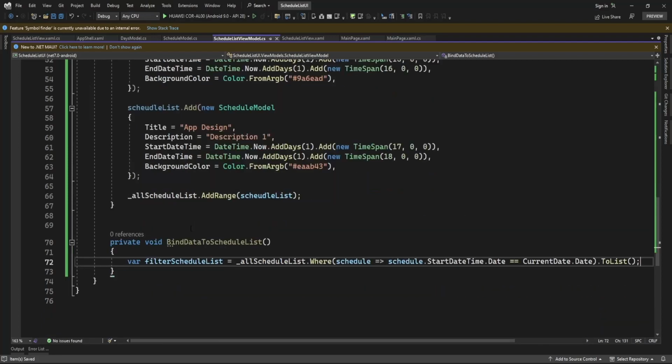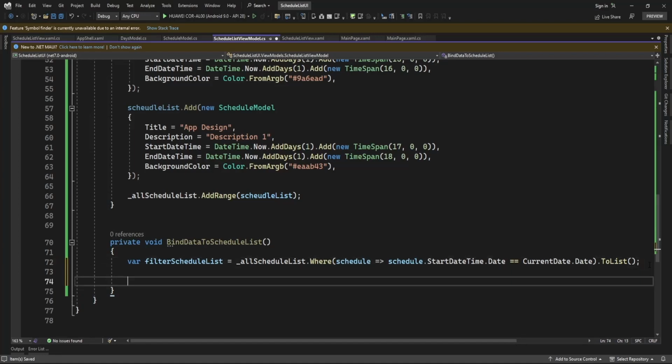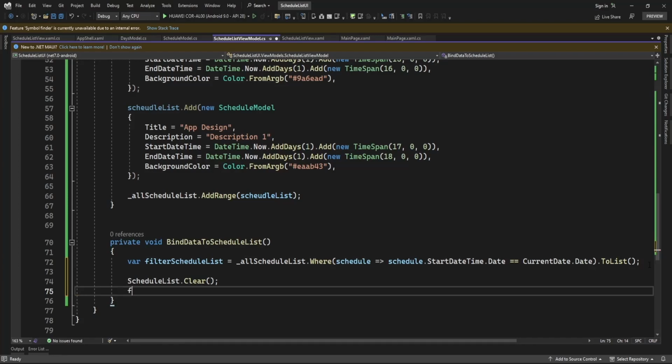So here, whatever start date time dot date is equal to current date time dot date, it is going to filter data based on this condition, and then I will add that in a